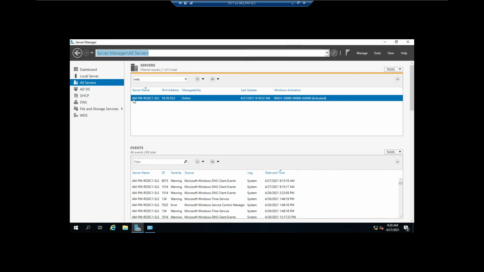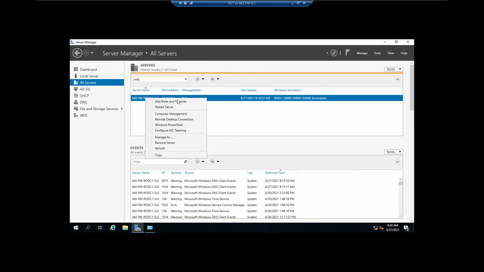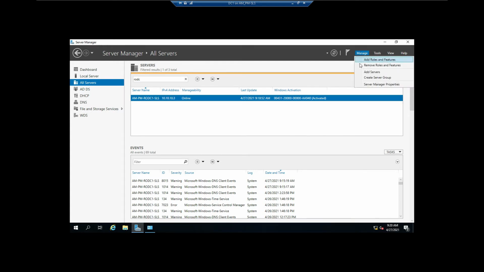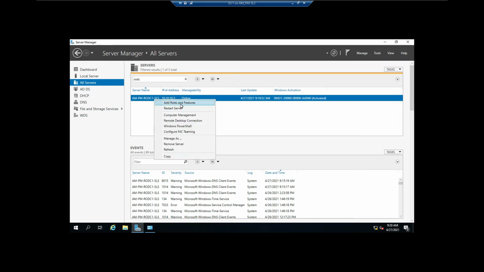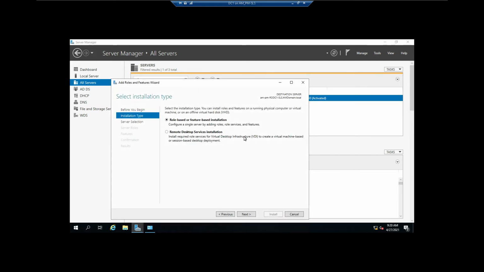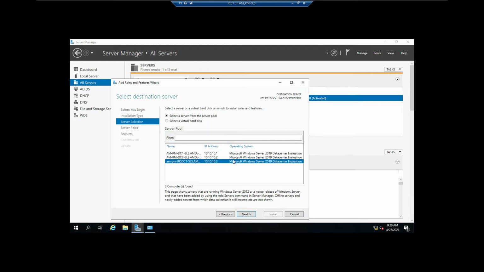So my RODC1, I'm just going to right-click on this, and I'm going to say Add Roles and Features. I could also just come up here and do Add Roles and Features. But the benefit to me doing it here is it's already going to highlight it when I go to it. So if I click on that and go Add Roles and Features, we got our first one with role-based features. We're not doing any remote desktop stuff for this. And see, it's already highlighted. And even from our IP scheme that we did, this is all in order, right? 1, 2, 3. So as an administrator, you're going to just start memorizing your IP addresses, this stuff,